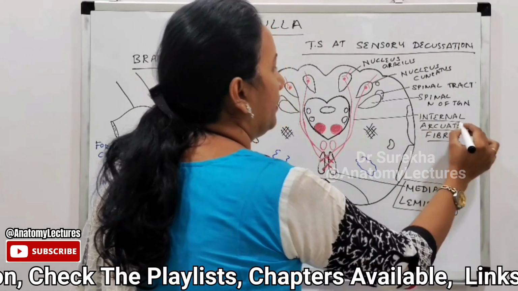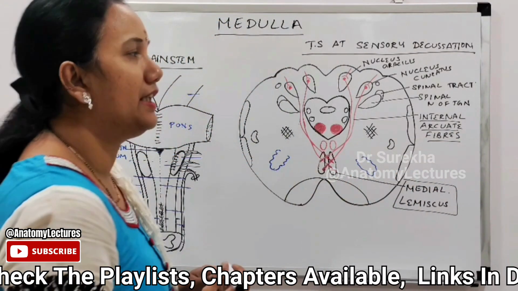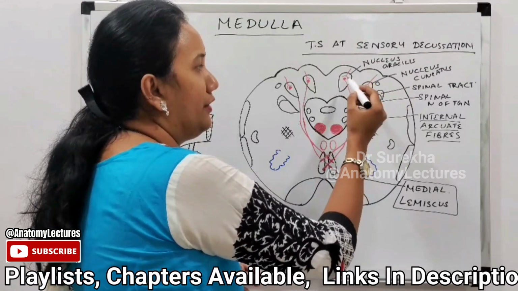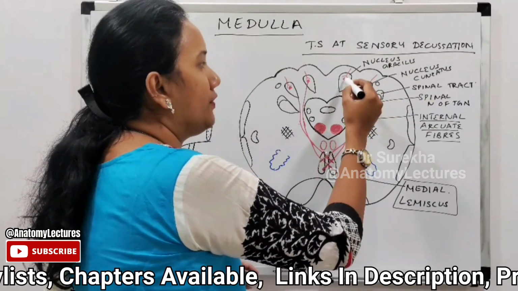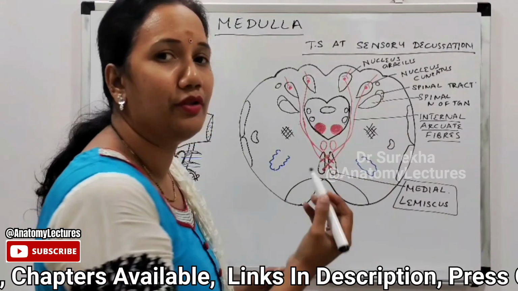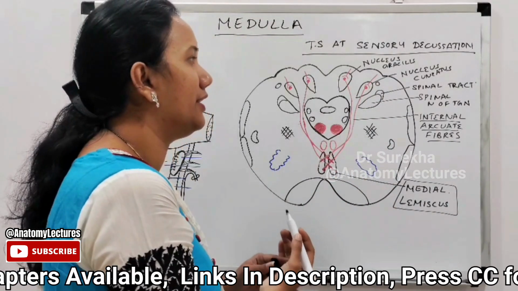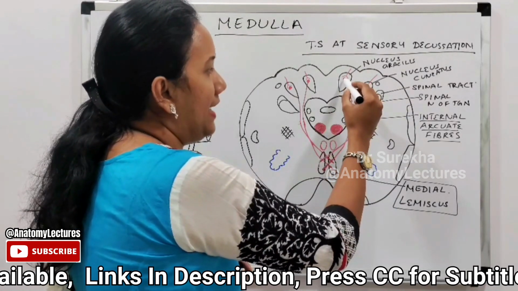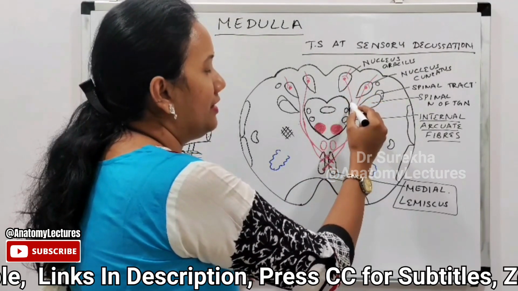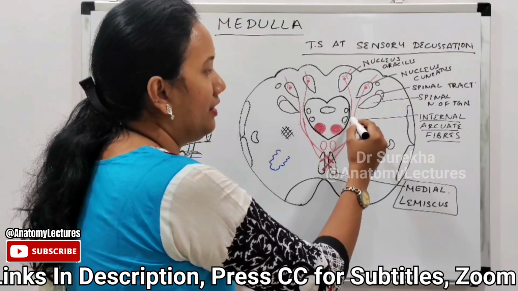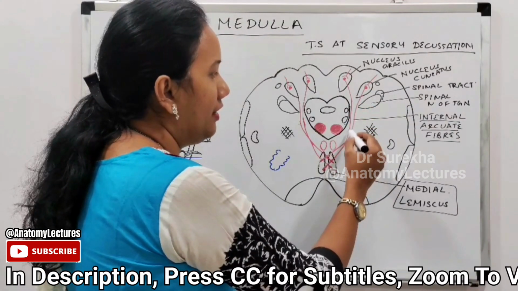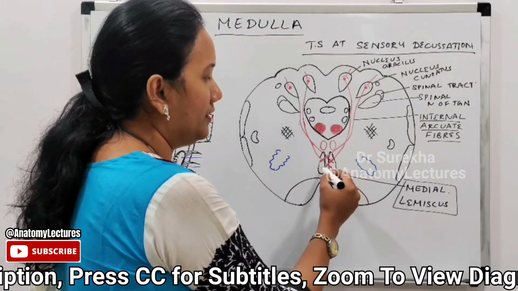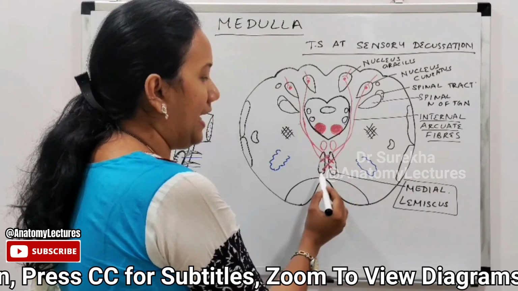Internal arcuate fibers. So we will see how this medial lemniscus is formed. The nucleus gracilis acts as a second order neuron, and the fibers from here, which carry position, vibration and discriminative touch from the lower limbs, pass anteriorly, just lateral to the central grey matter, and reach the opposite side. They are crossing to the opposite side and come to lie in the anterior part